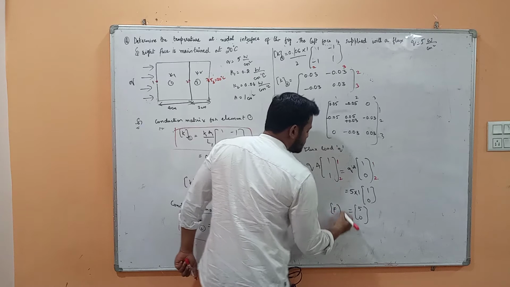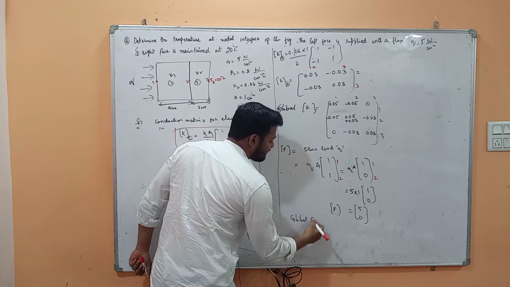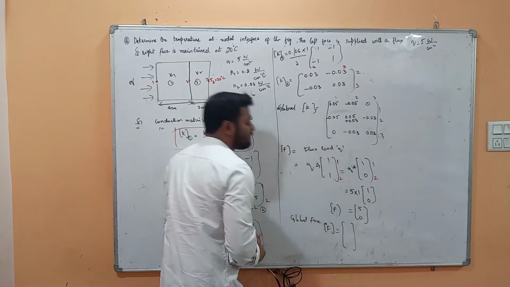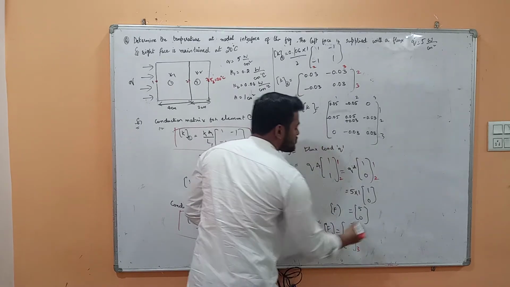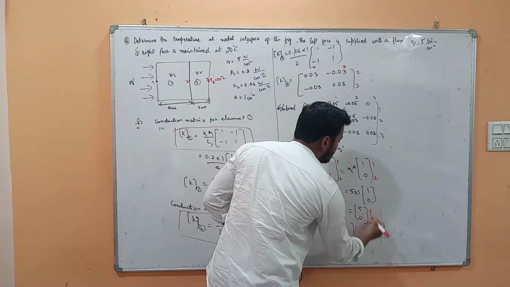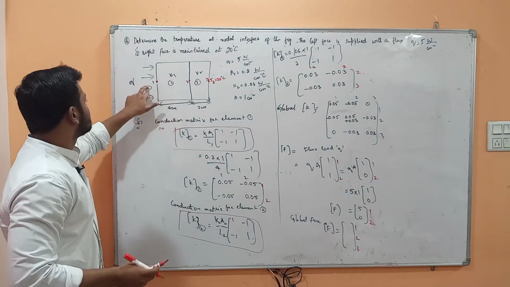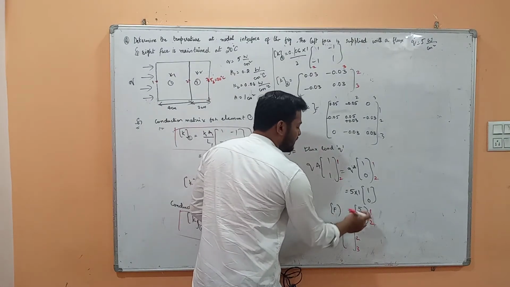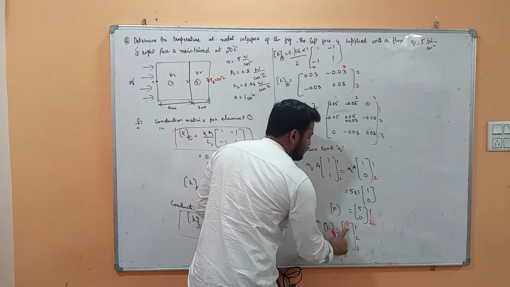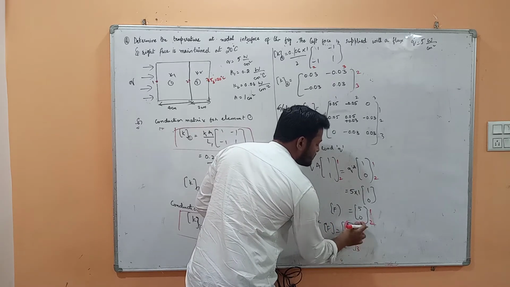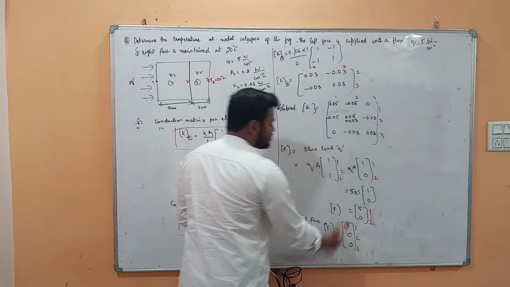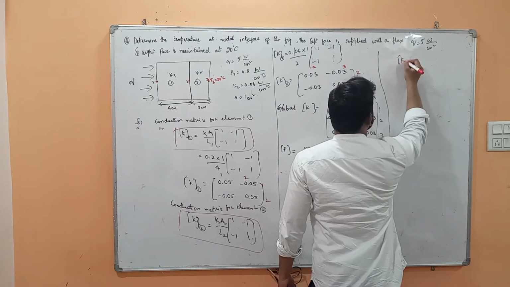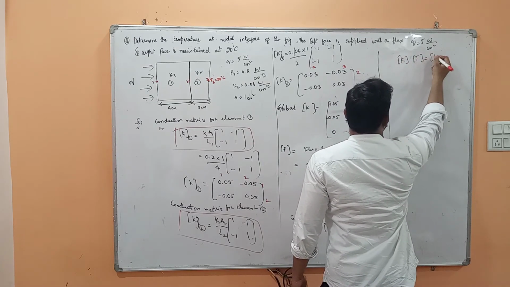So we got the force. Now we can find out the global force. There is only one force. So global force F is equal to, it's going to have 3 rows. So this is 1 and 2, because it is on element 1. This load is only on node 1. So at 1 we have 5. There is no load on the second. Third one, there is no force. So we got the global force matrix, and in the last we are going to substitute in the finite element equation, which is K into T is equal to F.